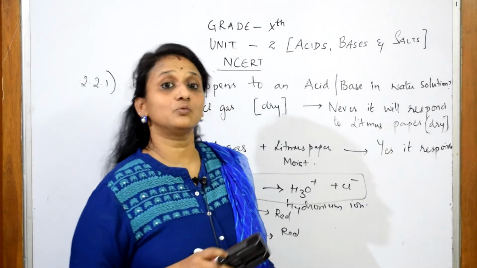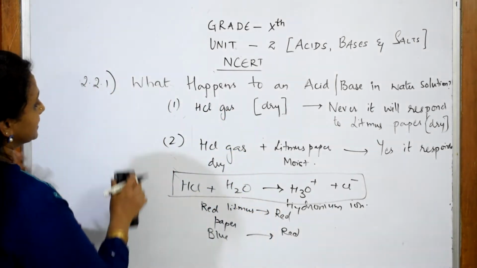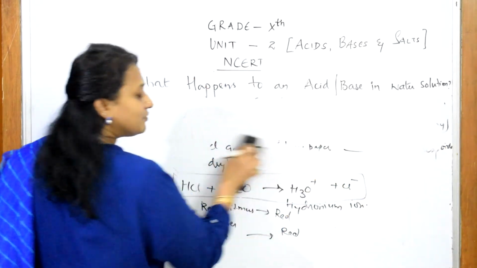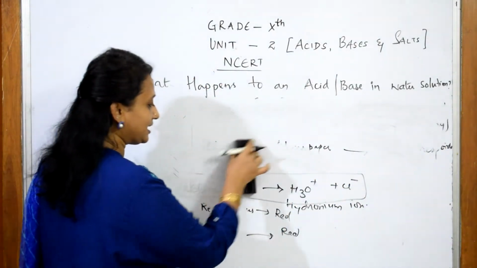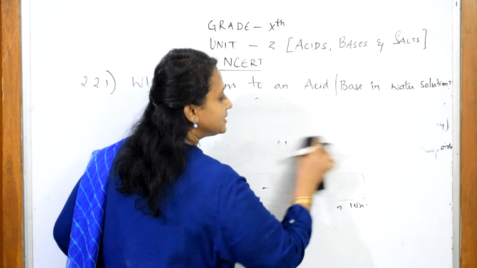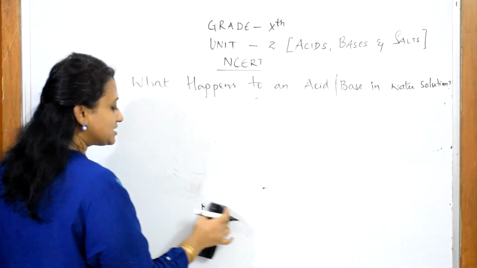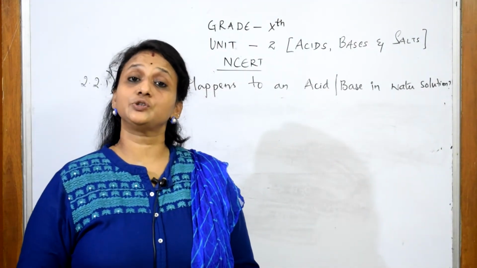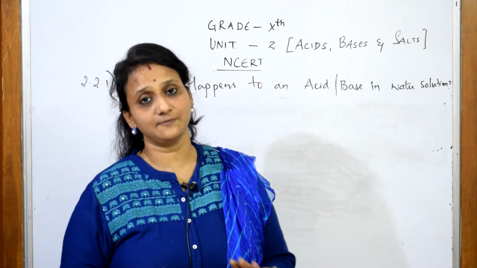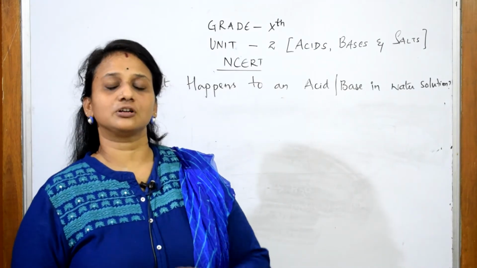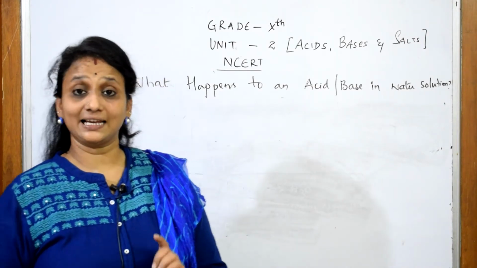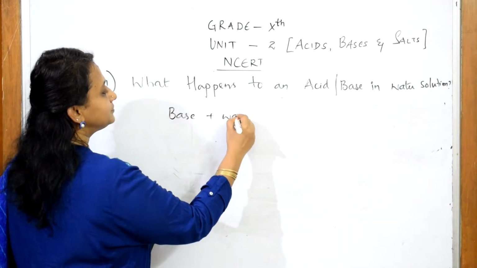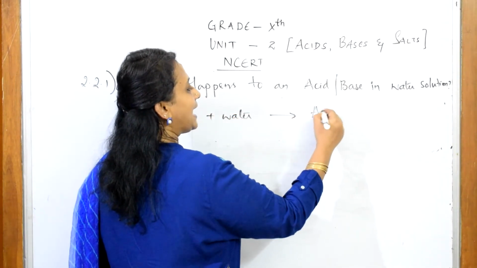Now I have to answer what happens to a base in water solution. Let's take the next topic of this particular sentence, that is base. We have already seen a lot of bases. I've given examples of different bases, isn't it? Now let us recollect once. So what is a base? When somebody asks what is a base, what should you say? Base is a substance which dissociates into OH minus ions when dissolved in water. So when you dissolve a base in water, what do we call that? We call it an alkali. Done. Now I'm going to take base in water. We call it an alkali.